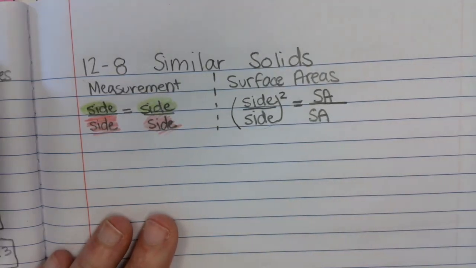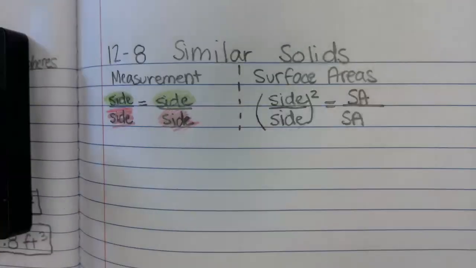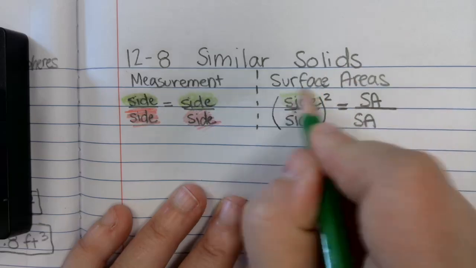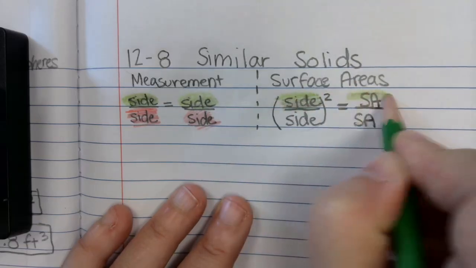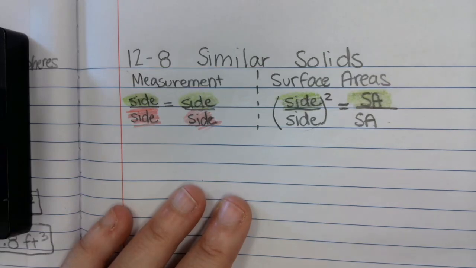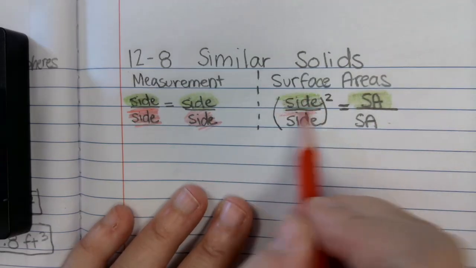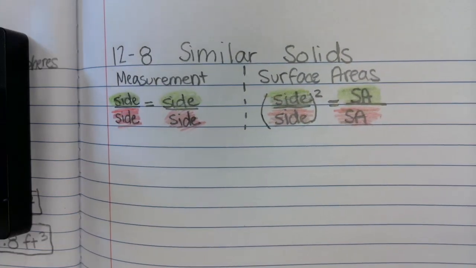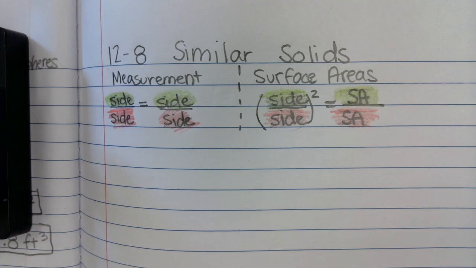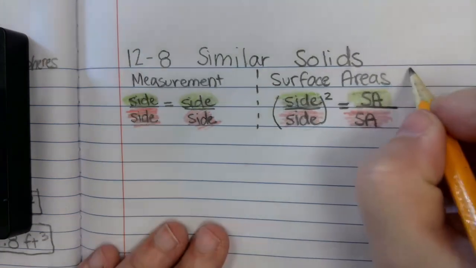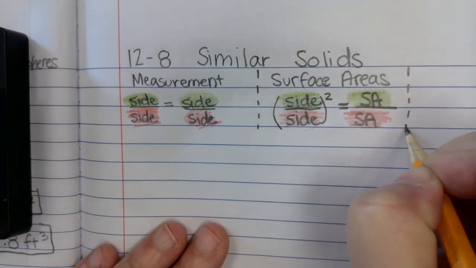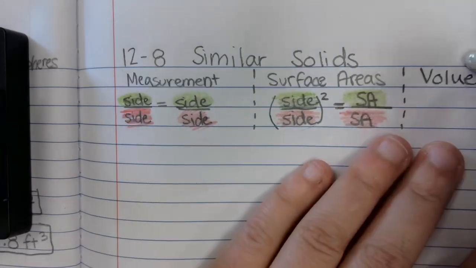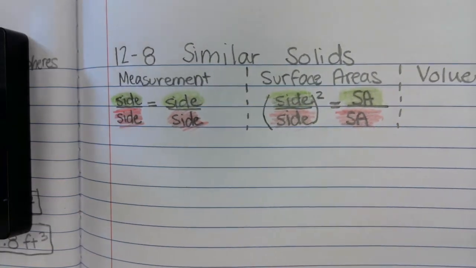Again, those tops, the numerators, have to come from the same shape. So I'm going to color code them green, saying they're both coming from the green shape. And the bottoms come from the same shape, the denominators. That's what we talked about a little bit last unit. Last unit was more about area rather than surface area, but same idea. And then we're going to add in volumes. And yesterday we talked a little bit about this. When you looked at a volume of two shapes,